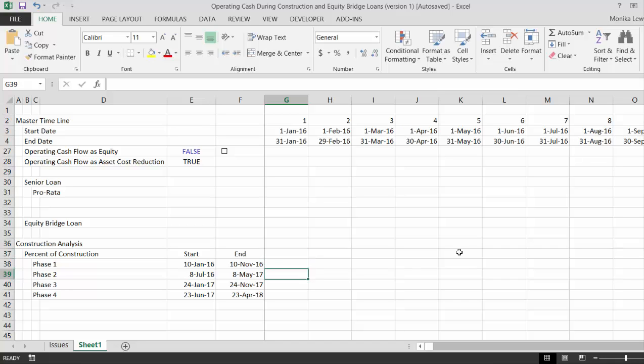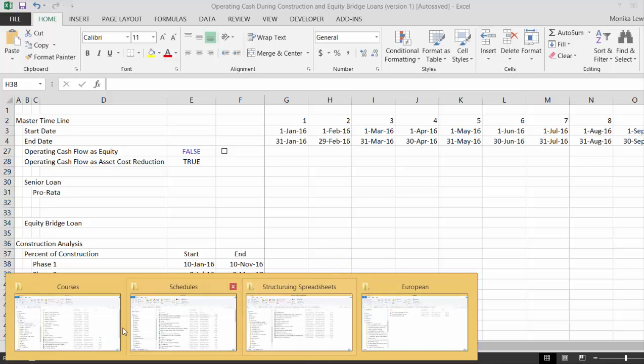Now what we put here are the start dates and the end dates of the construction. So for the 10th of January, we'd like to be, whatever, 60% of January, and we'd like to go to November 10th of 2016. And it's almost like a true-false, but we'd like to say what percentage of time are we in service, and these are all 100% in construction, and what percentage of time are we not. So to do that,